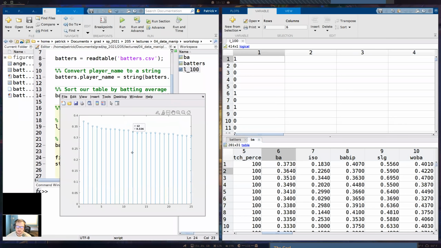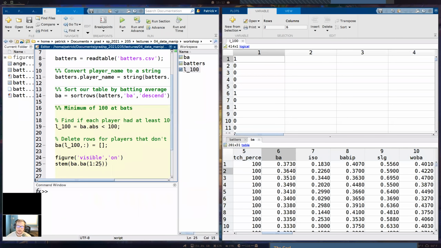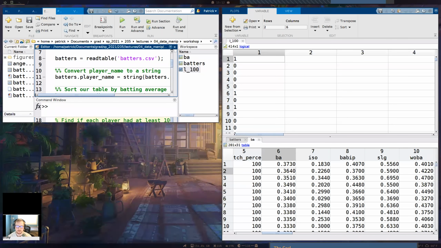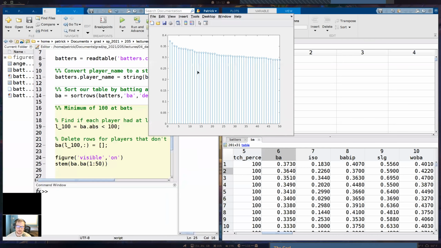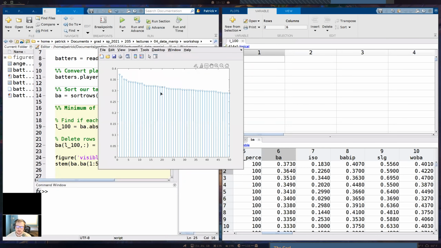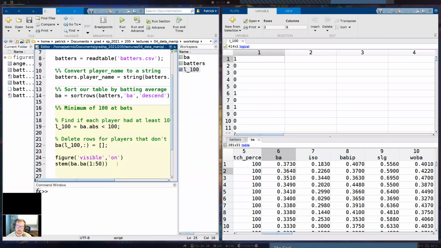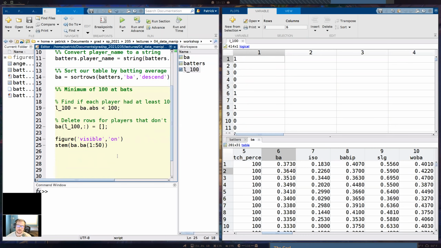Alright, so we could do this, but let's say later on I want to plot the top 50 players. I would have to go here and modify this to be 50, which in this case it's fine, I only have to change one line. But you'll see later on throughout our code, we're going to be referencing that number 25 multiple times.